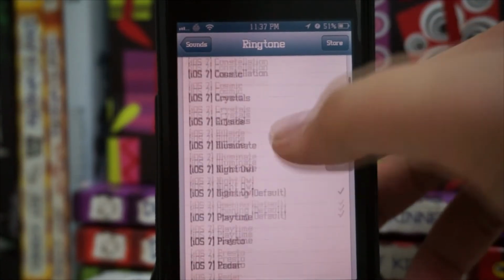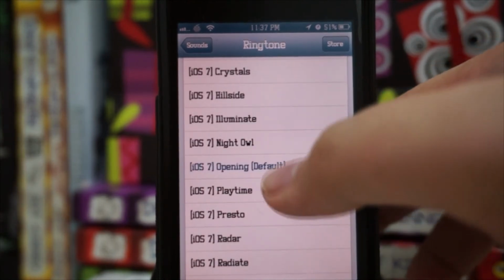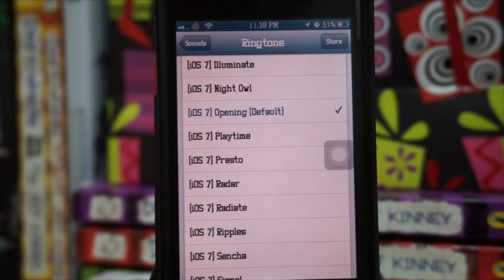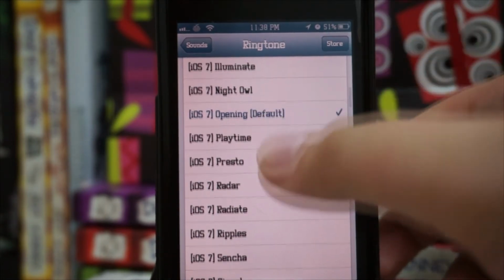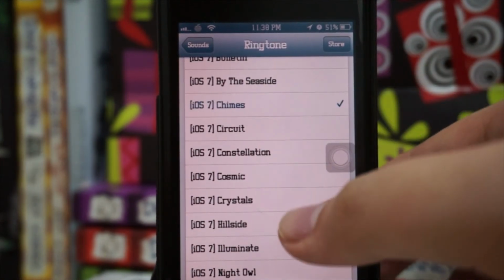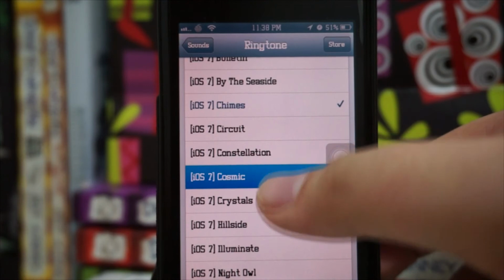So anyway, I'll just give you guys a preview of some of the ringtones. Alright, let's go. So this is one of the iOS 7 default tones. So we have chimes, cosmic,